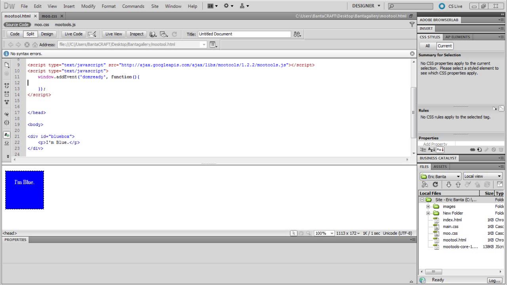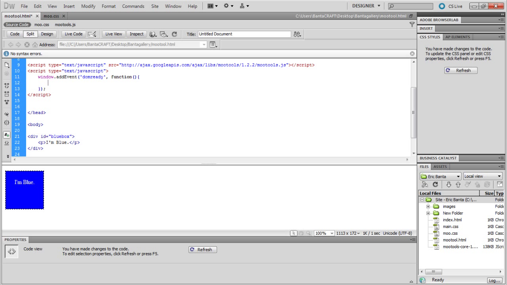I'm going to show you a very quick way to do a periodical animation with MooTools. So what we're basically going to be doing is taking this blue box that I have here and making it move to the right 5 times in increments of 1 second. This might be useful if you're making some kind of little loading bar, or whatever you want to use it for. So what we're going to do is head up into our MooTools script